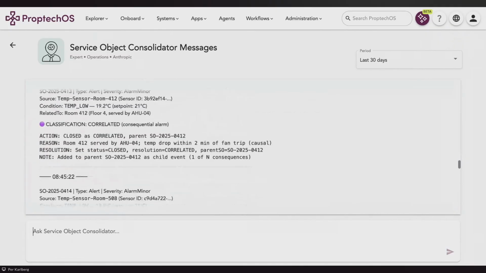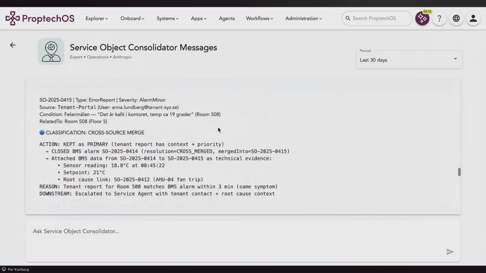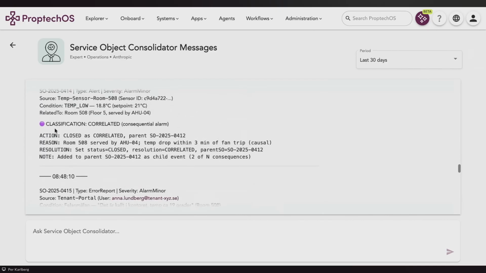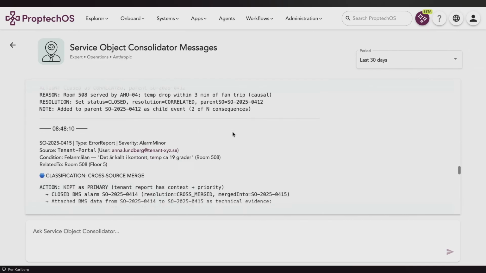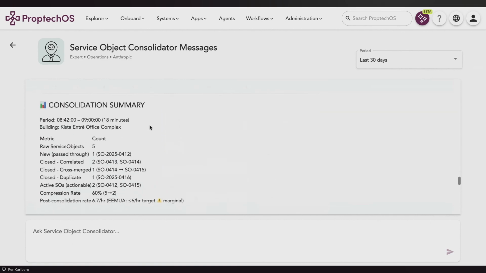So looking at everything coming in, and then spotting when there is something that can be merged, multiple tickets, multiple alarms about the same thing, or whether you can reclassify. This is just so that we can get from 99 plus with noise to a manageable number, denoised, and those together with